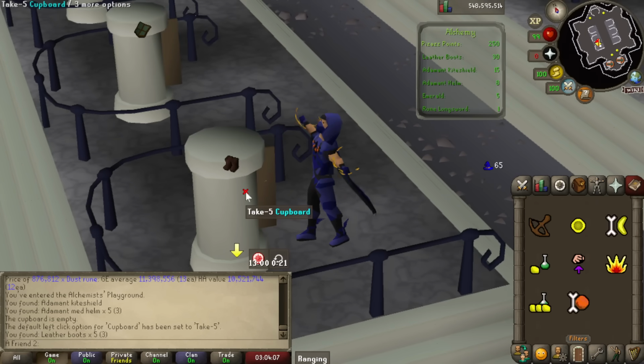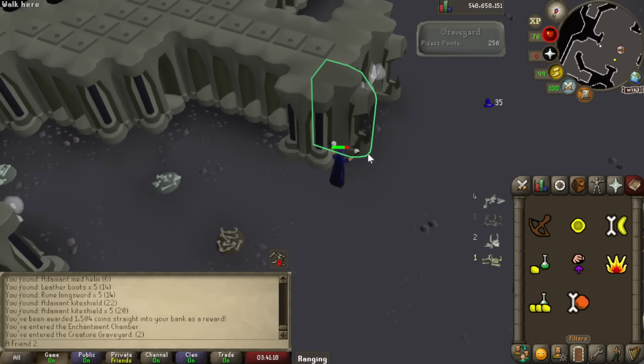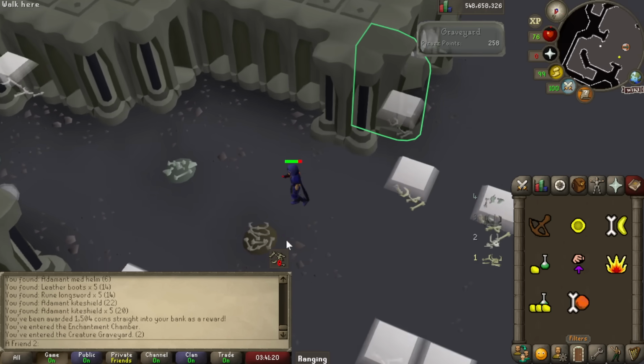It's actually 1 full minute. So it's double time now. No more so much walking around. Now, one of the worst things about the Bones to Peaches room, the graveyard where we have to cast Bones to Bananas or Bones to Peaches,